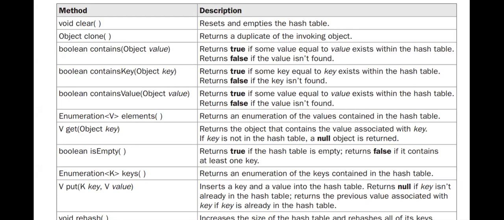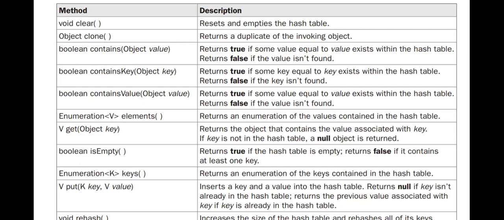Then containsKey. So containsKey returns true if that particular key is present in the hash table, otherwise it will return false. containsValue. This method returns true if a value, whatever we have passed, is present in the hash table.